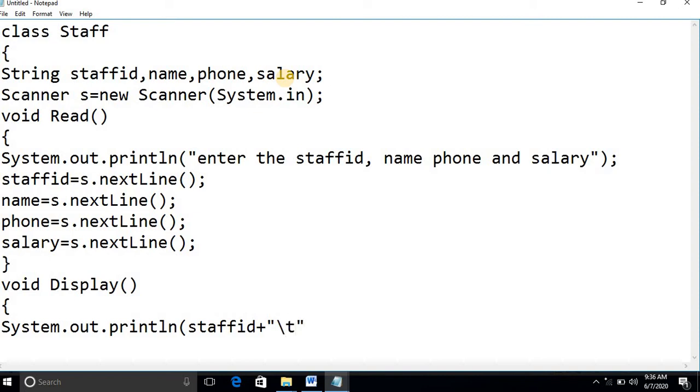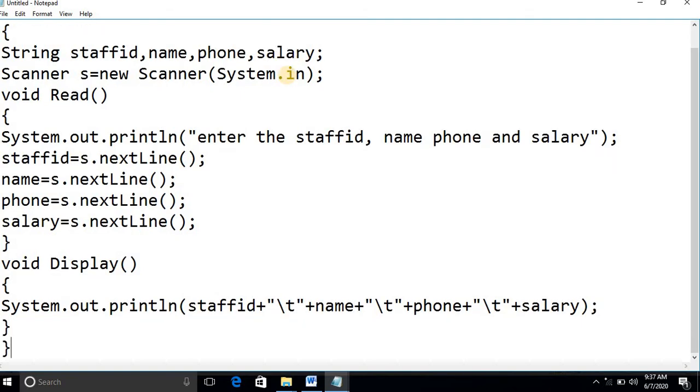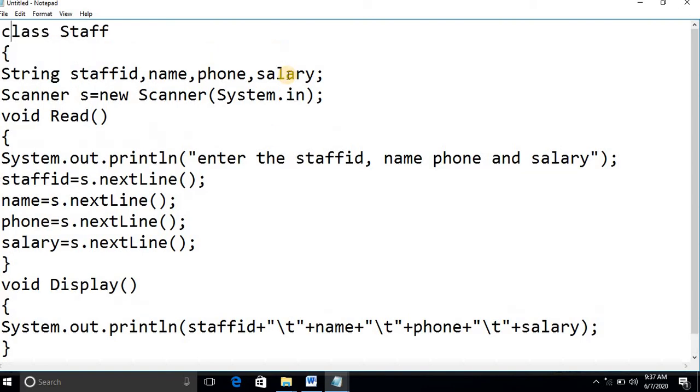So I'll give \t plus name plus \t plus phone number plus \t plus salary. Should I give \t here? No, because at the end of the last variable you can just stop here and close the display method and close the Staff class. So very simple. Have you understood how to define the Staff class?